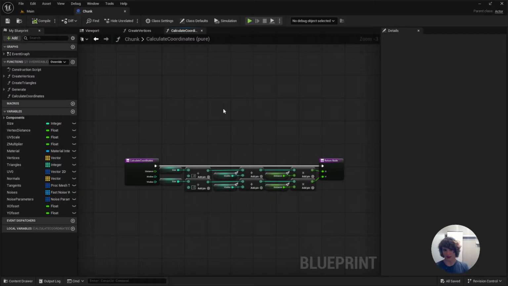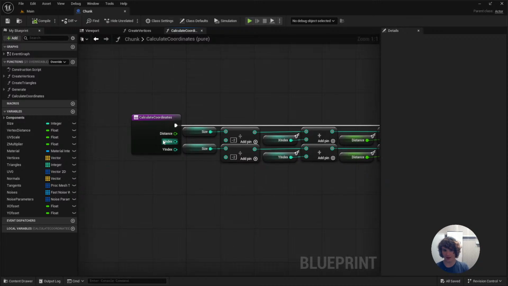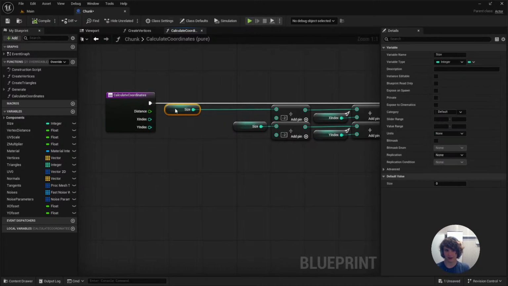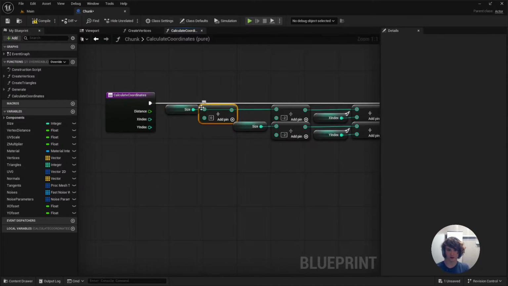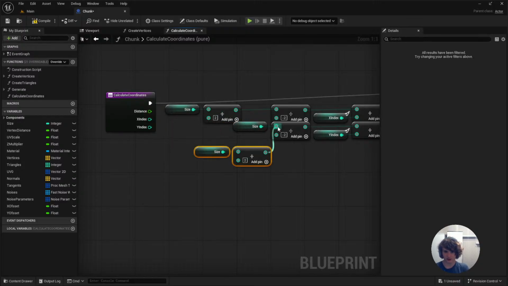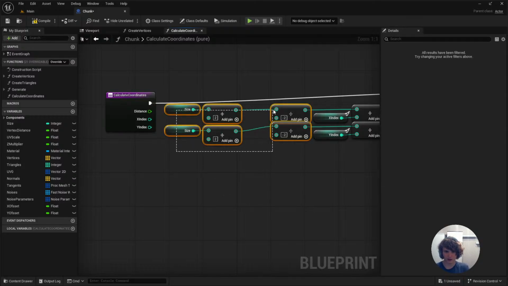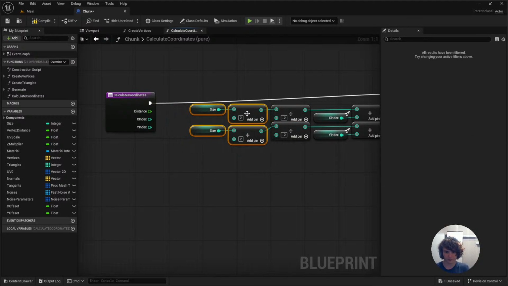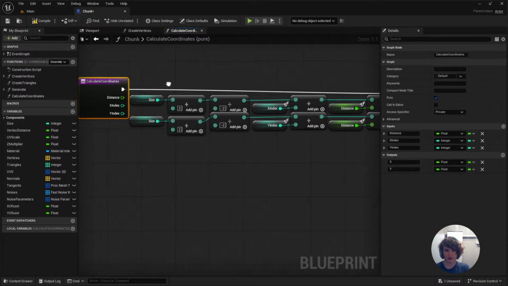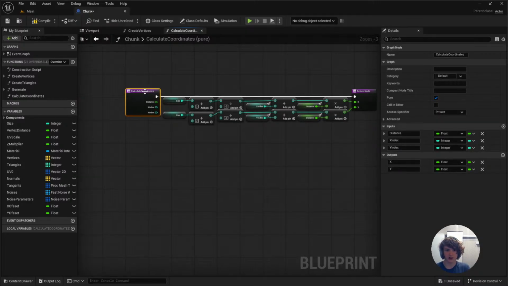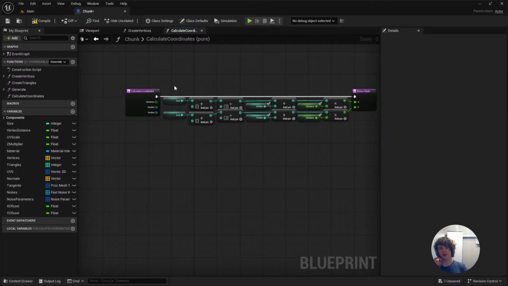And for that we need to add 2 to our size, and here as well. One second. And here as well. Okay. Yes, we want to make our chunk bigger by value of 2